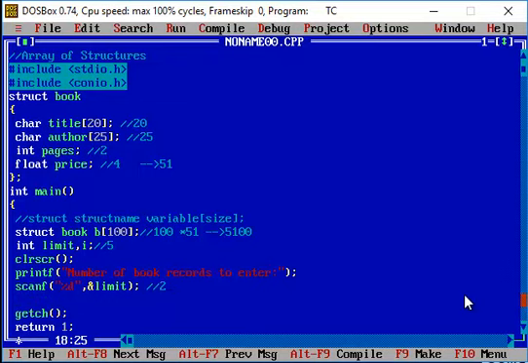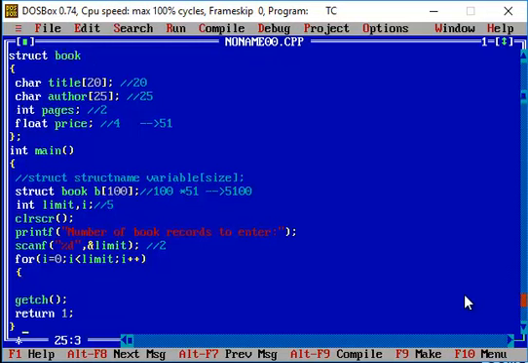Now I'm going to make use of a for loop starting from the I value equal to 0, because your array will start with the index value of 0. So I starts with 0, and the condition will run up to less than the limit value, and I keep on incrementing the index. So this is my for loop. In this particular for loop I'm going to ask the user to enter the values.